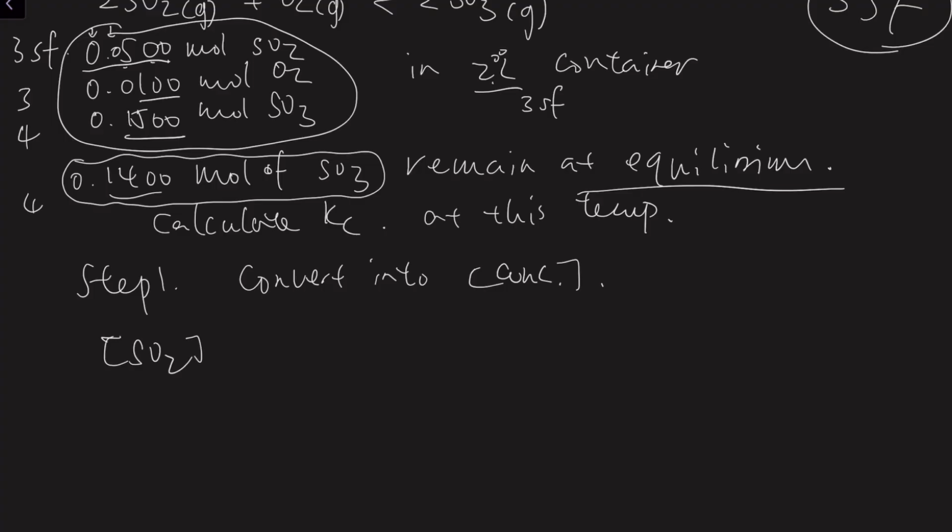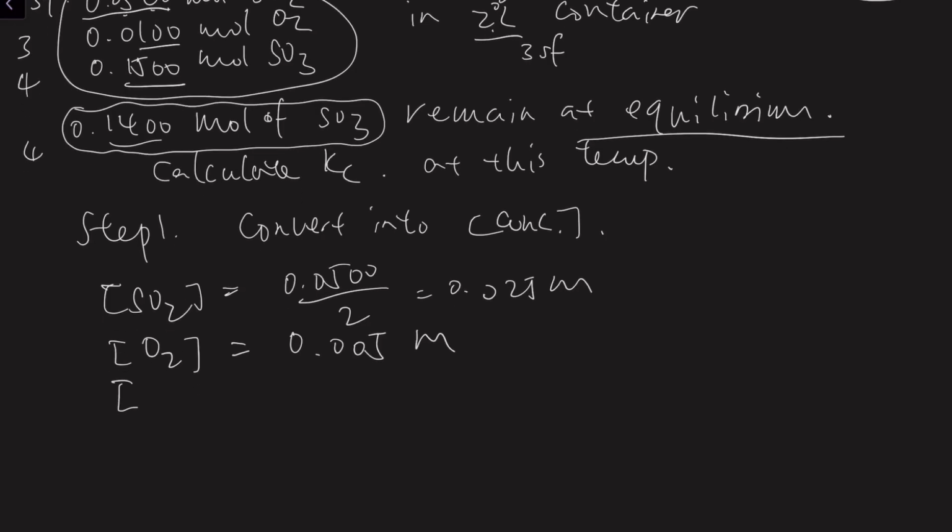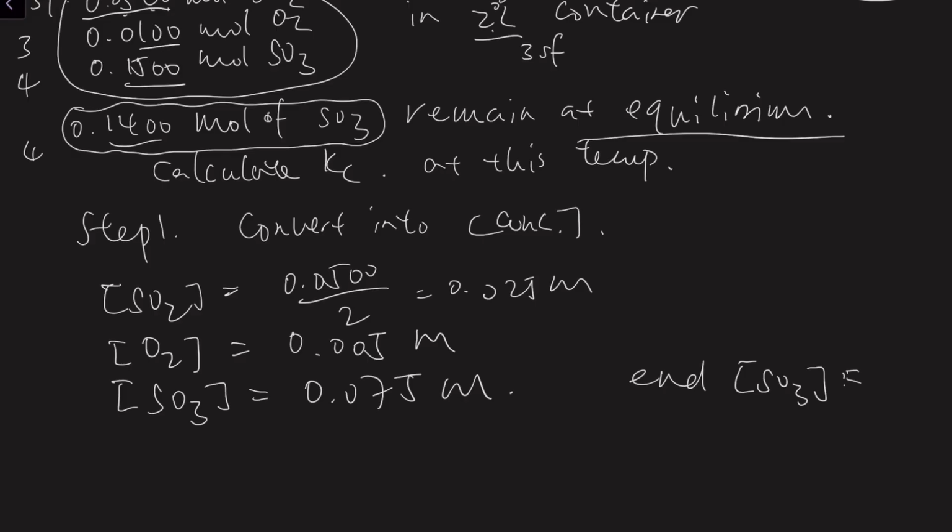So the concentration of SO2 initially is, you can calculate the concentration of oxygen and the concentration of SO3. And at the end, you know the concentration of SO3 is